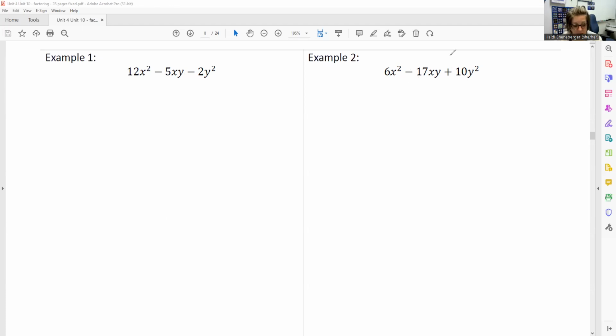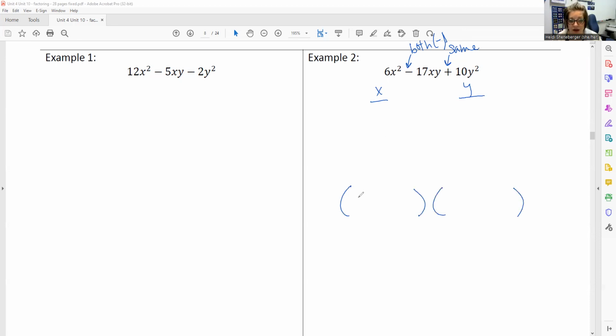And so she said that meant that once I have my two binomials, this is going to be this, that means the signs are the same. And this tells me that they're both negative. So I'm just going to write myself a little note up here. They're both going to be negative. And so then I'm going to start looking at, okay, what are my options here for the binomial, right? So down here I'll set up my binomials.